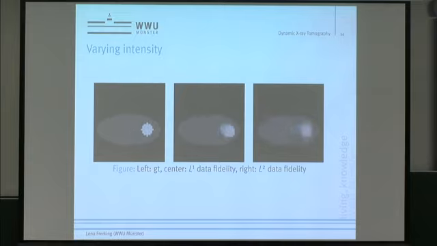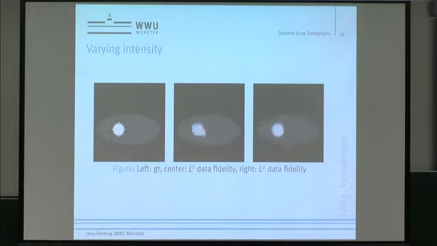I hope it's possible to see in the projector here. So we made a new ground truth image for the moving ball, and in this case the ball has a medium intensity in the beginning, then the intensity is enhanced a little bit, then it's increased like a sinus curve, and then in the end it starts to increase a little bit. And then we have, for the randomized angle approach again, the result for the L1 data fidelity and for the